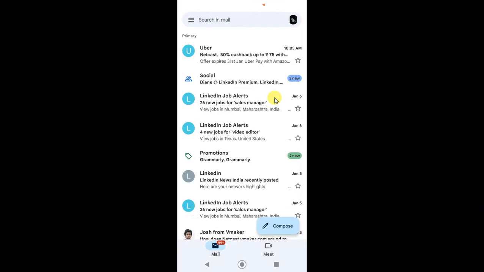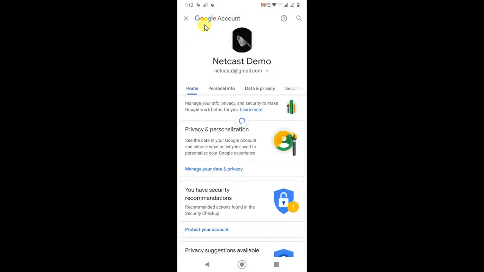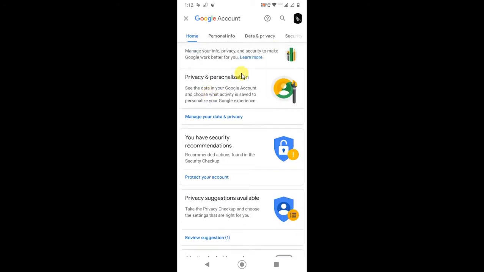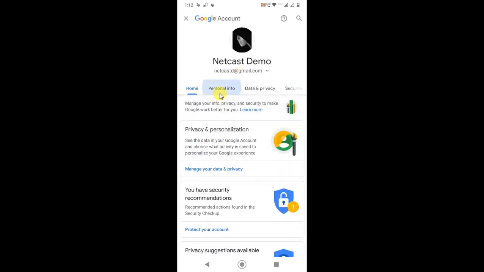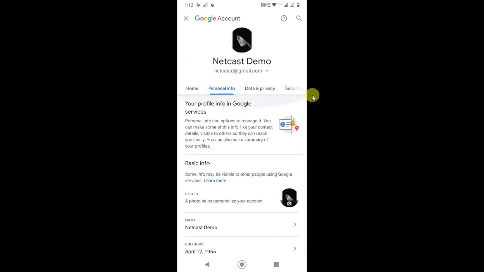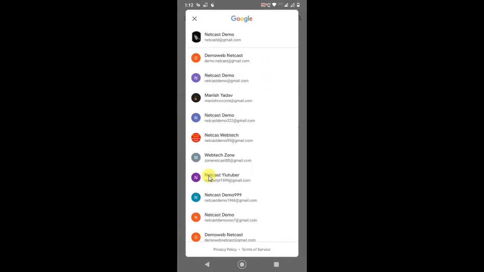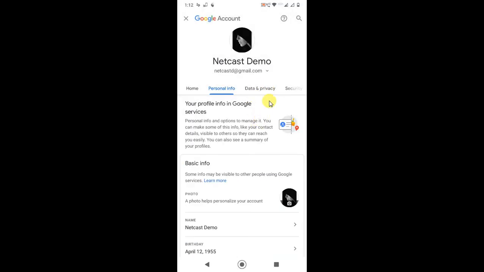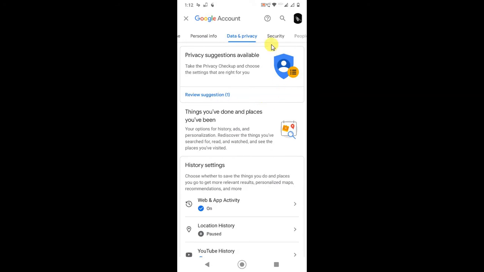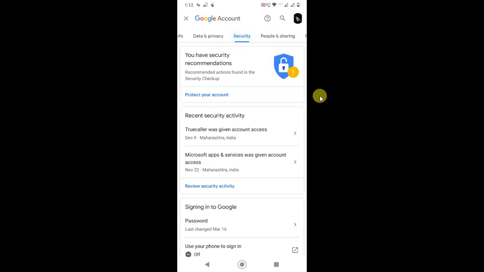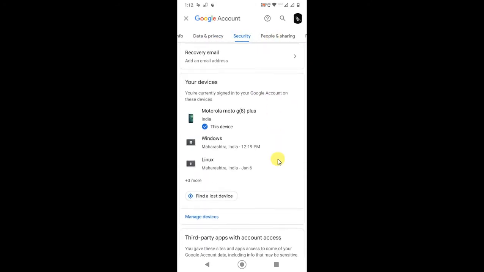It will bring you to the Google account. This is the Google account, and here you can find all the information of your Google account, like personal information and anything else. You can switch accounts if you have many accounts logged in on your device. Just click on this small icon and you can switch from here. Now go to security, click on security here, and just scroll down, and here you can